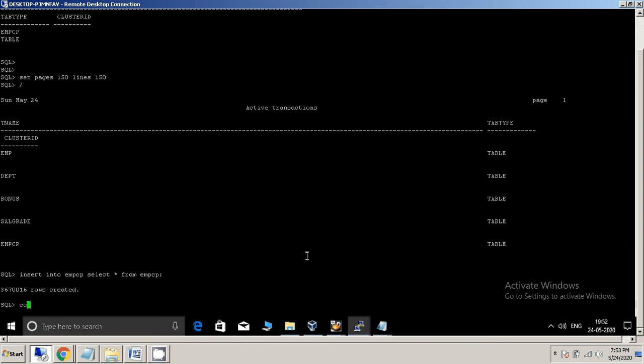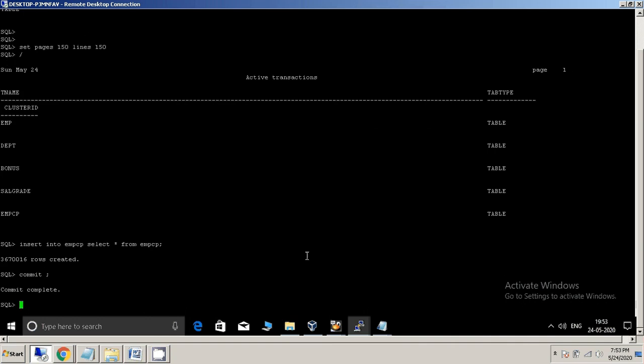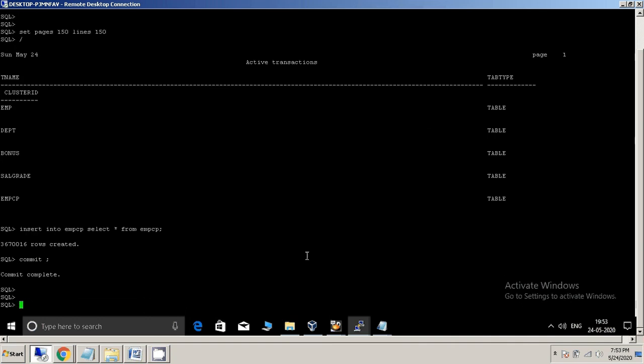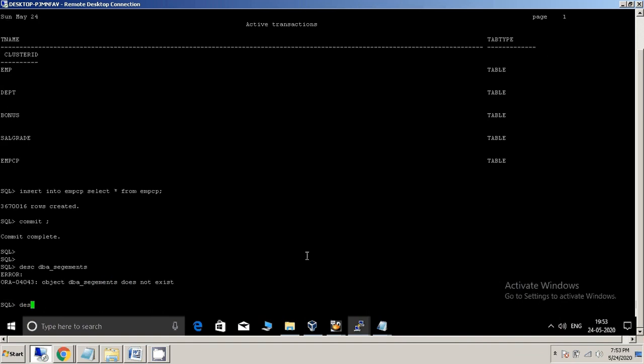Okay, now we will see the size of EMPCP. Let's query DBA_SEGMENTS, sorry for the typo.